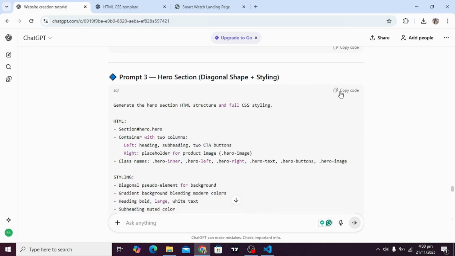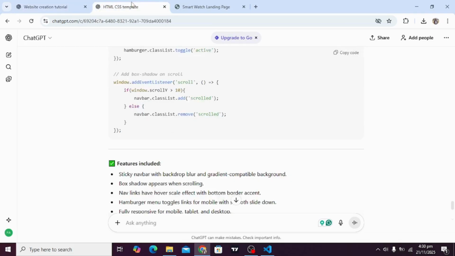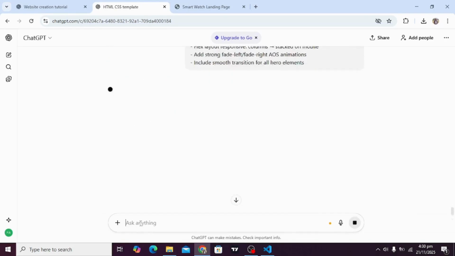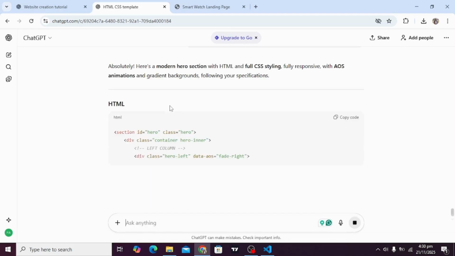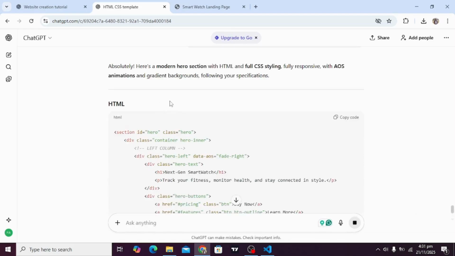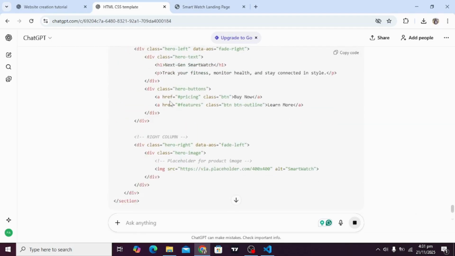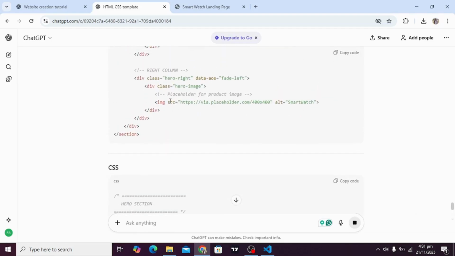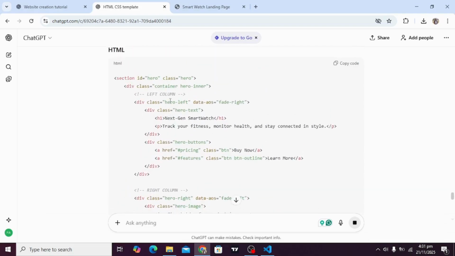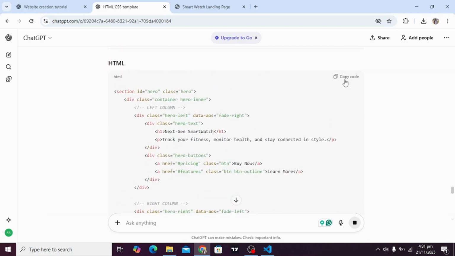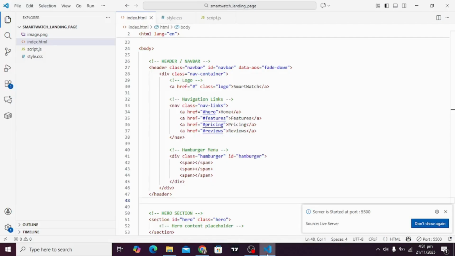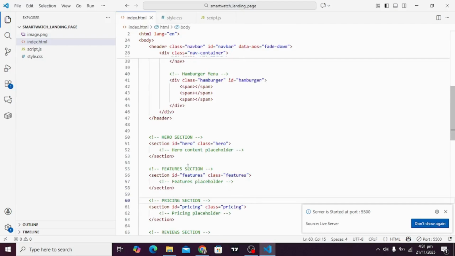Let's copy and paste, press enter, and wait to see what it provides. So it is writing the code, the HTML part of our placeholder. So here you go. We will copy the HTML code and go here and replace our hero section with what it provided.